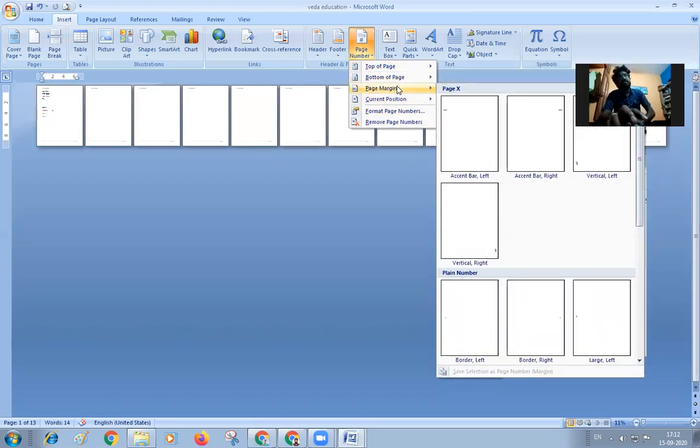And then what is this page margins? Page margins is that if you want to decrease the page margins, you can also use the indent tab over there. The ruler bar can also be used. Otherwise, you can use this also. No one is using this page margins. You can directly use the ruler bars or the indent bars to reduce the margins.